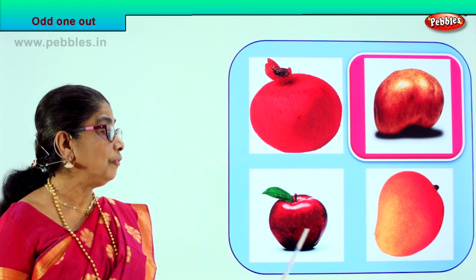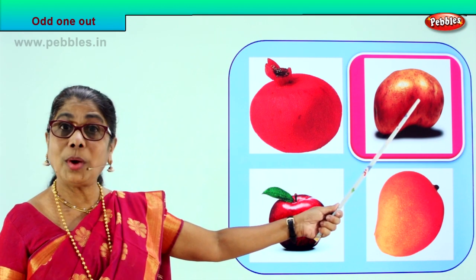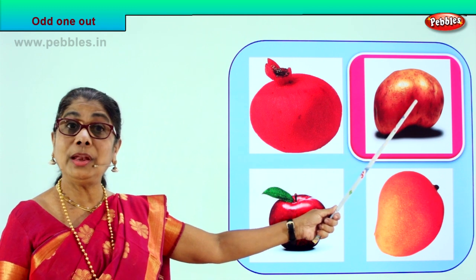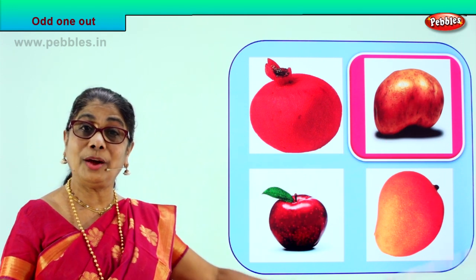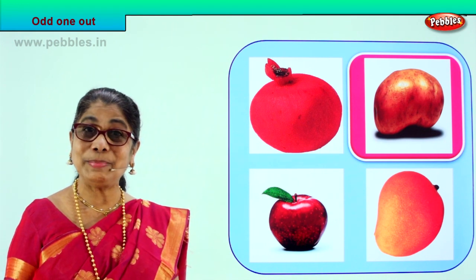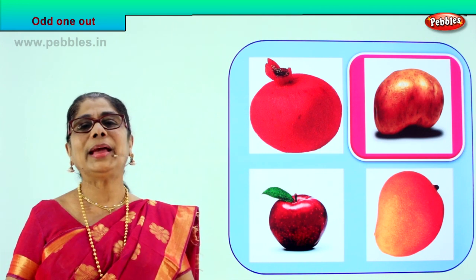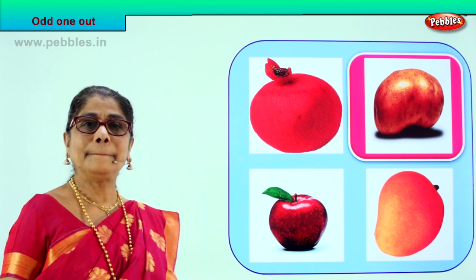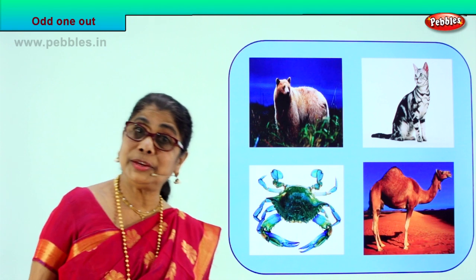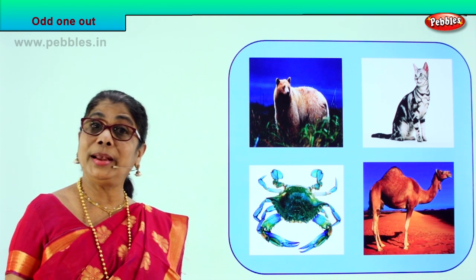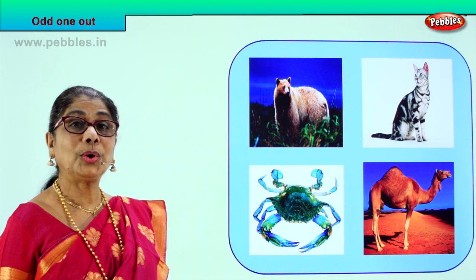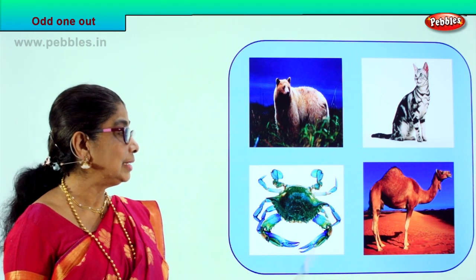Very clever children. So we have 3 fruits and 1 vegetable. That's the odd one out. Excellent. We are learning to choose the odd one out. 3 fruit, 1 vegetable. Good. Shall we look at another picture? Go to another exercise. Look at the pictures and find the odd one out. Let's see how good you are. Look at each picture and see what we have.